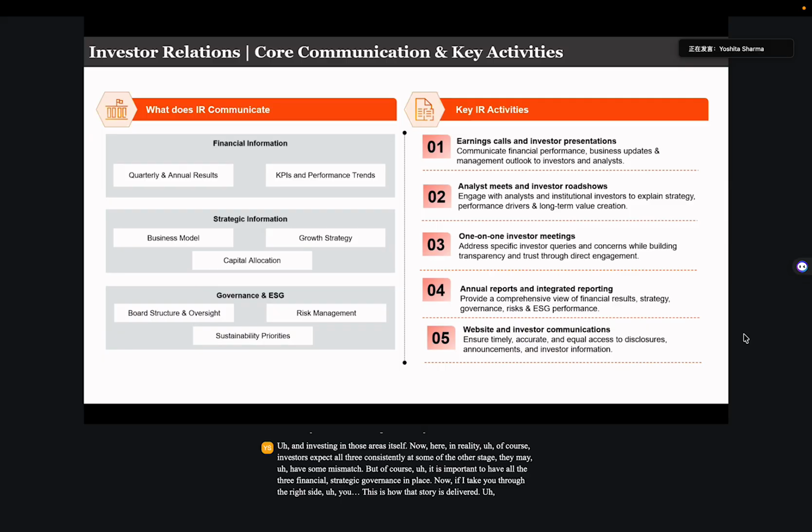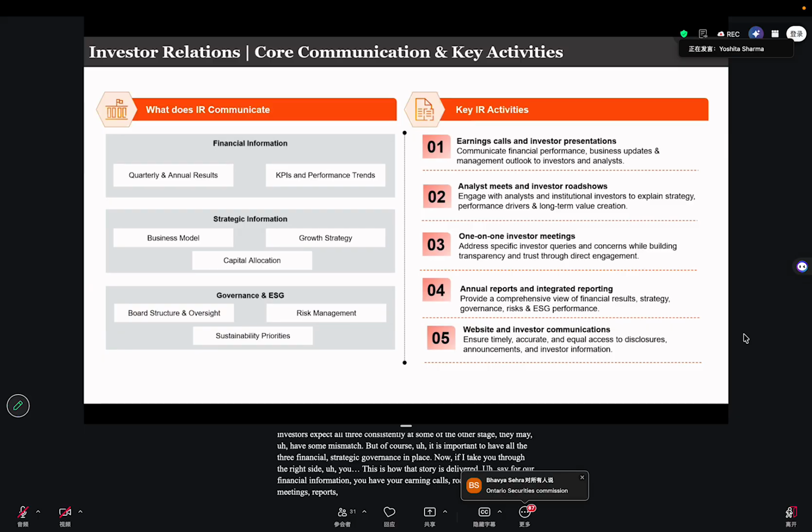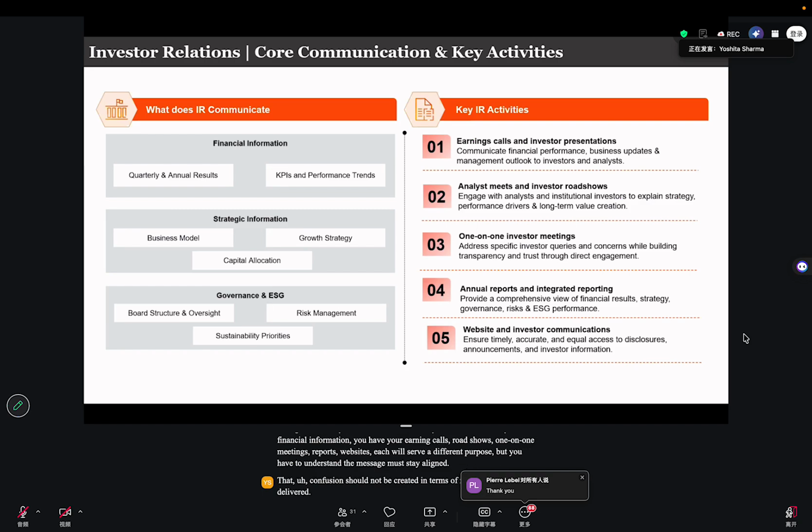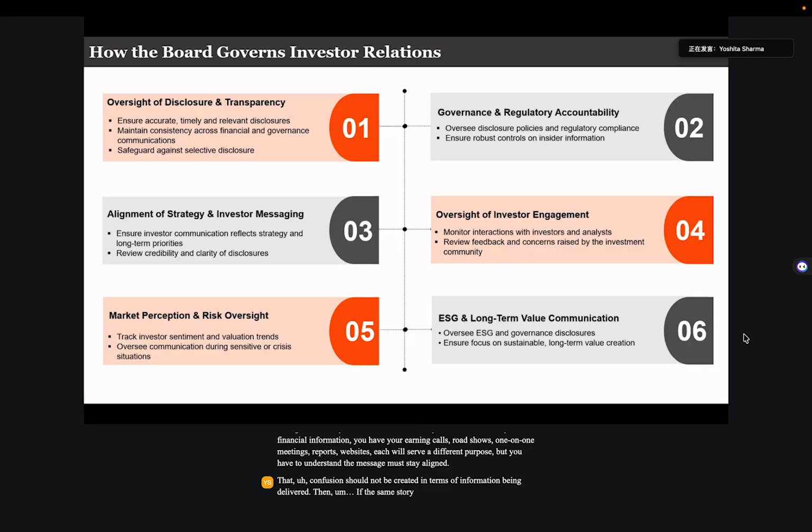Say for financial information, you have your earning calls, roadshows, one-on-one meetings, reports, websites. Each will serve a different purpose, but you have to understand the message must stay aligned. That confusion should not be created in terms of information being delivered. If the same story will sound different across these platforms, it will create a challenge,